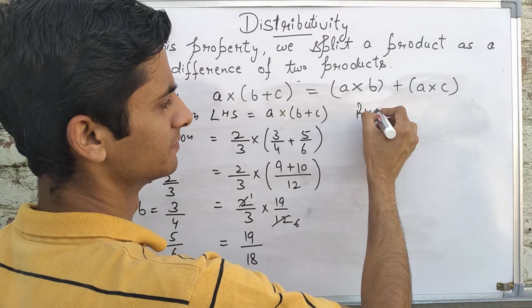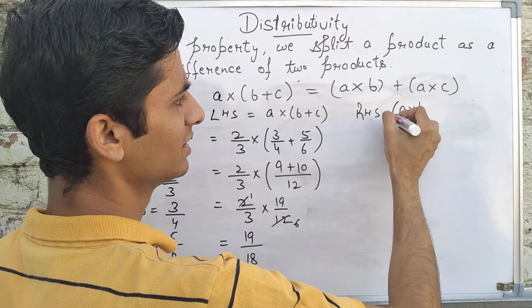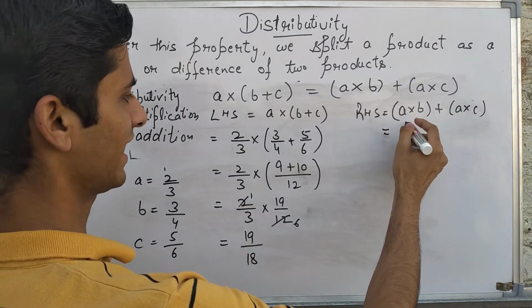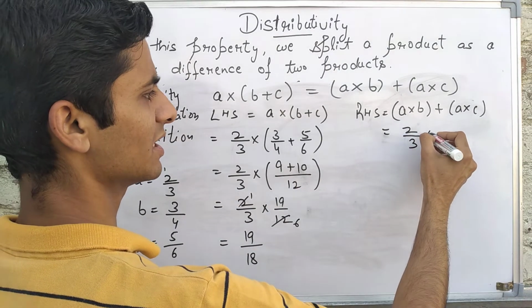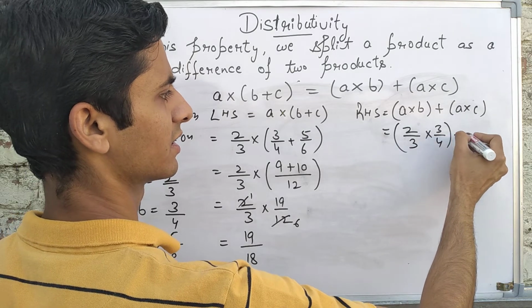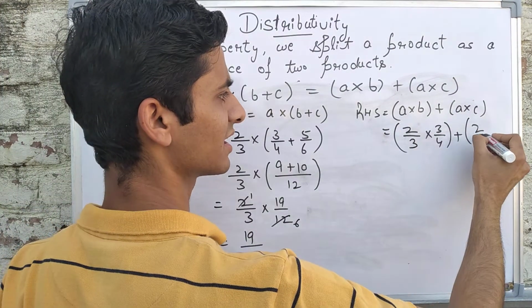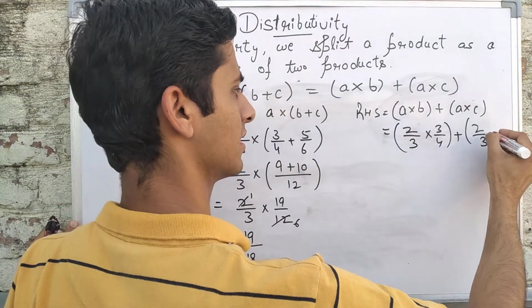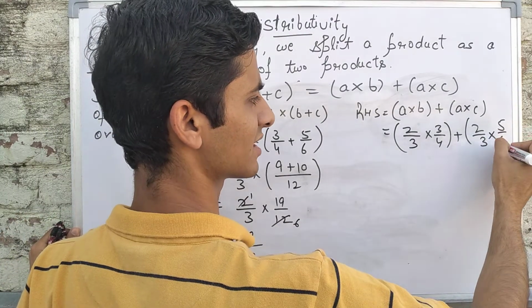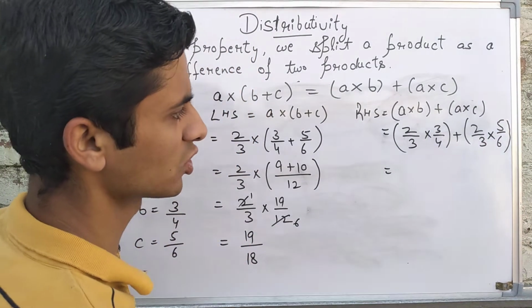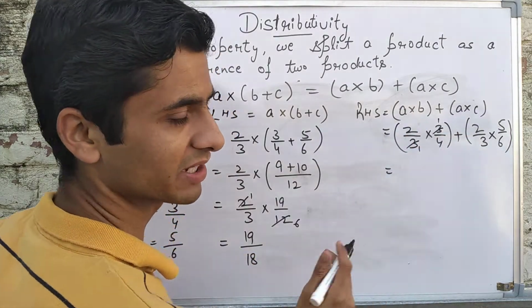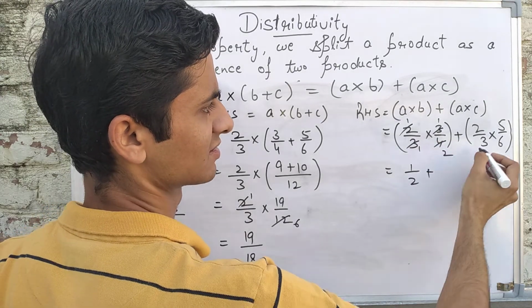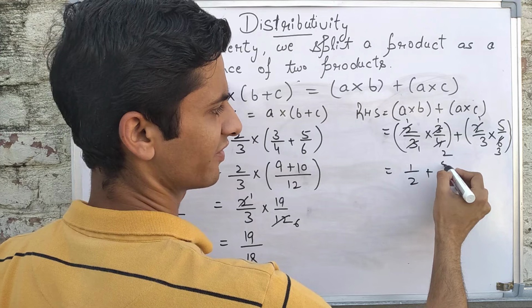And what is the right hand side? It is a into b plus a into c. So how can you write? a is 2 upon 3, b is 3 upon 4, a is 2 upon 3 again, and c is 5 upon 6. This is multiplication. Trying to solve it, 3 1s are 3, 3 1s are 3. This is multiplication, you can cancel it, not in addition. 2 1s are 2, 2 2s are 4, it comes out to be 1 upon 2 plus 2 1s are 2, 2 3s are 6, 5 upon